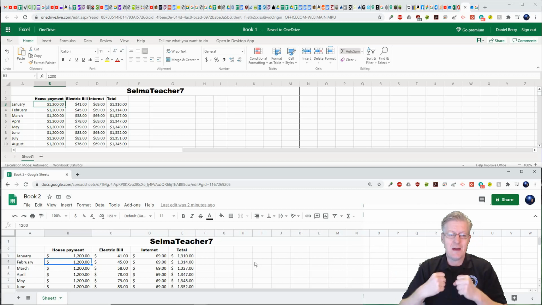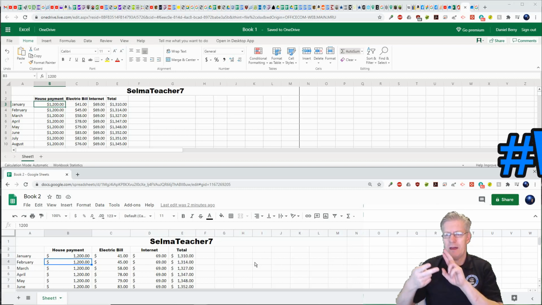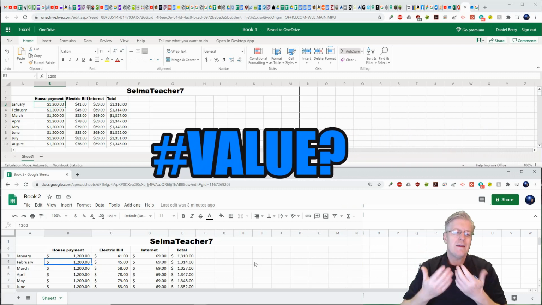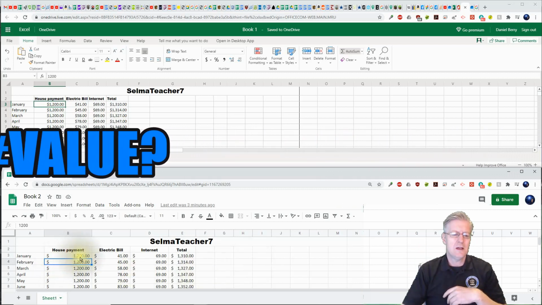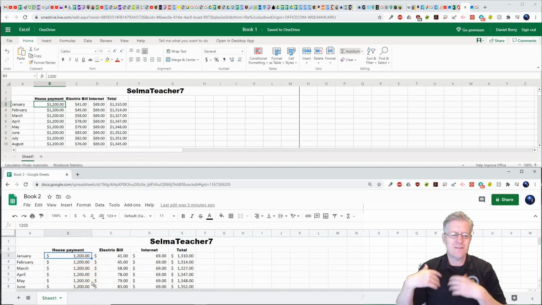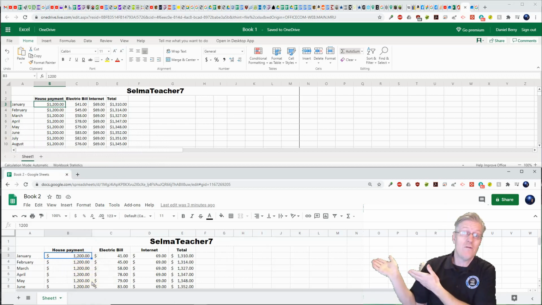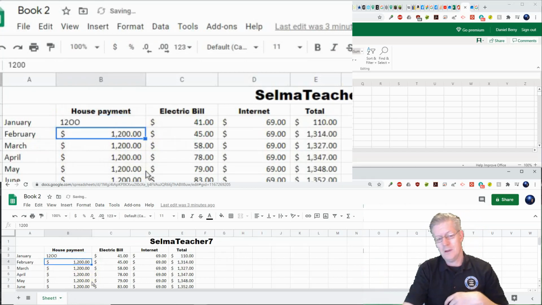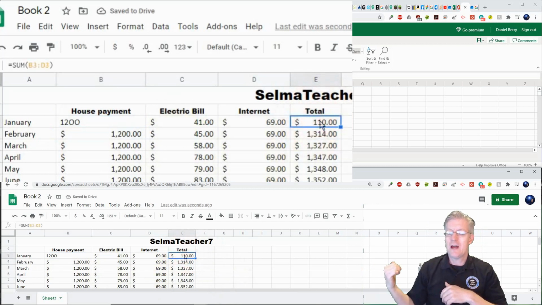So I can show you an example of an error message, such as what we used to get back with Microsoft Excel 2010. You'd get something with a pound mark, and then it would say VALUE. The way you'd get that is you'd be typing in your numbers, and by accident, instead of typing in 1200 like we have there, you type in 1, 2, and then two letter O's, hit the enter key, and right there for the total you'd have a pound VALUE error.